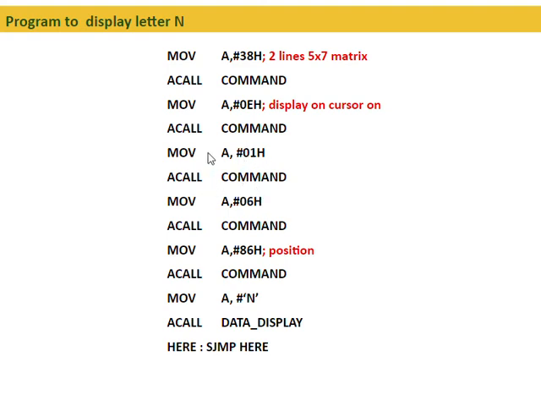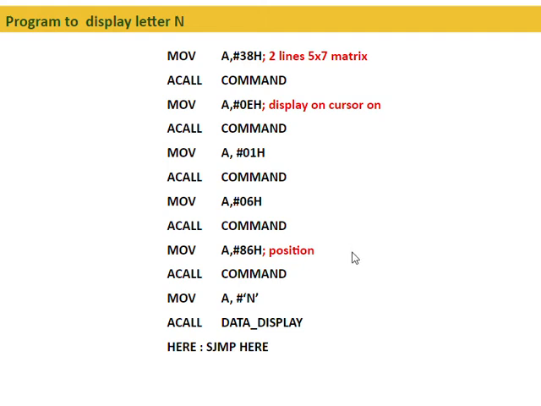After 01 is copied to the accumulator, we will call the command subroutine. When we return from the command subroutine, we will give the command 06, MOV A, #06H, which is the command to shift the cursor right. After copying 06 into the accumulator, ACALL command will call the command subroutine, since this is also a command.